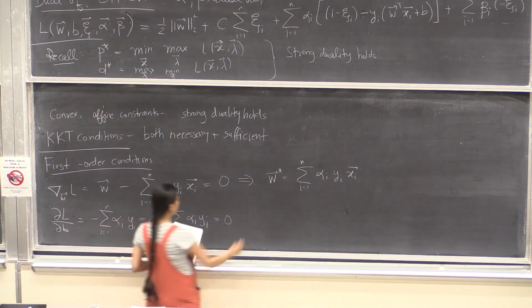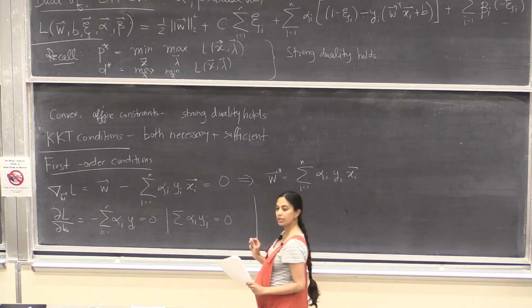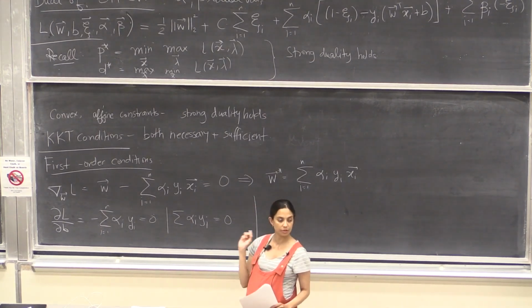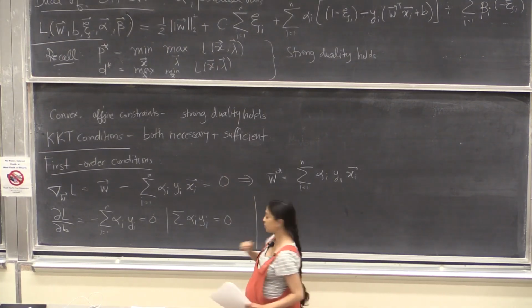And now the third thing, I'm not going to take the gradient with respect to psi. Instead, I'm going to take the partials with respect to every single psi_i. I'm not going to take the gradient with respect to the vector psi. I'm just going to take